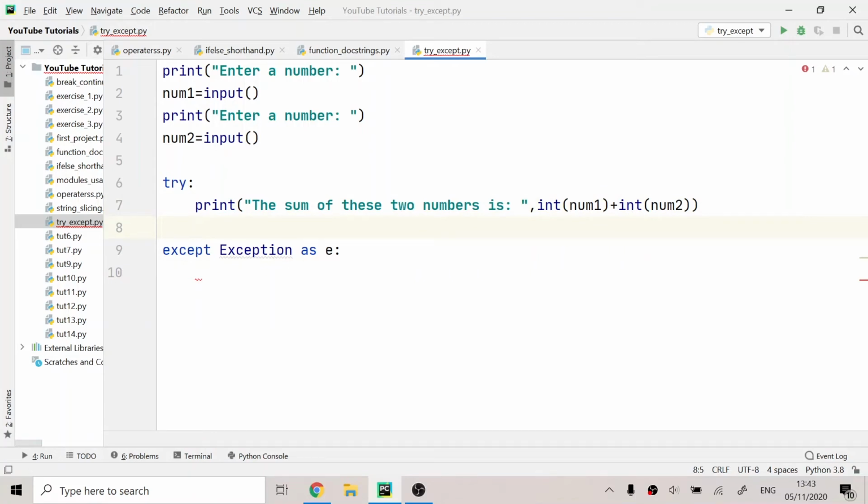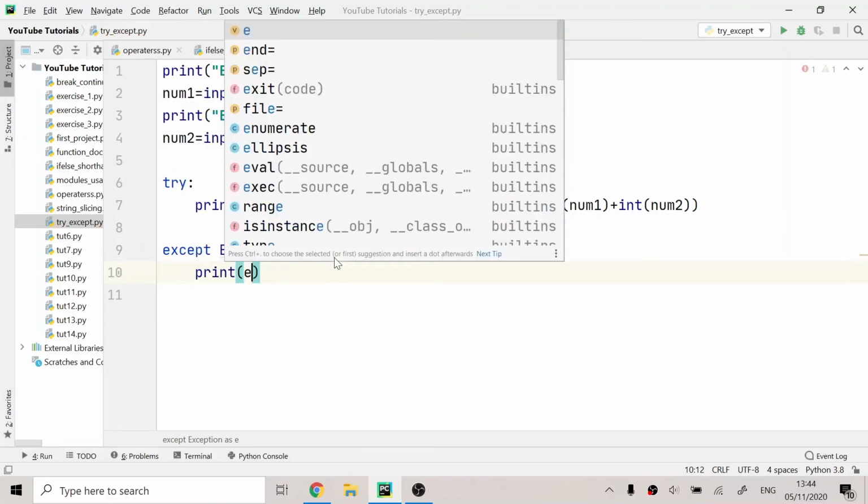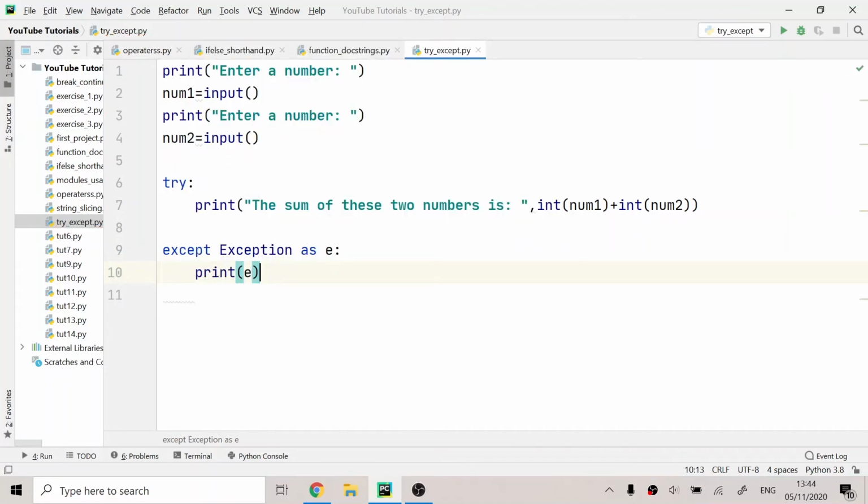If it works, print it. But if it does not work, go into the except statement. And this exception basically means an error. So accept the error as e. We are writing a variable named e and we are putting the error inside e. Except error as e. So I'll print the error, that is print e, and after this I'm going to write